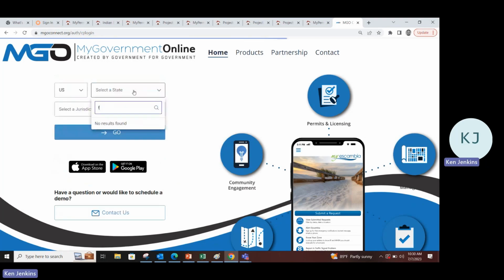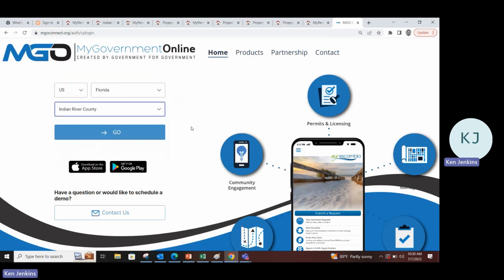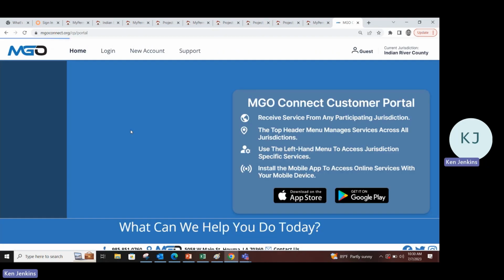You'll then select Florida as the state, and then the jurisdiction would be Indian River County. Then select Go. This will now take you to the Indian River County specific landing page, and from here you can create a new account. So at the top, select New Account, and then select Continue,